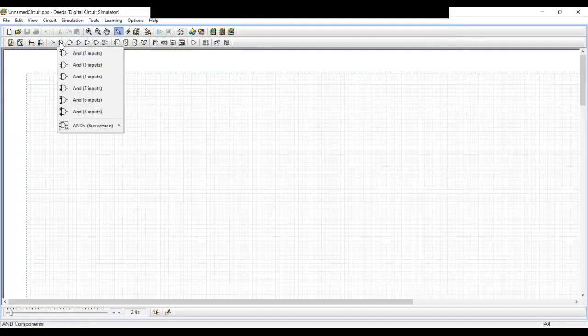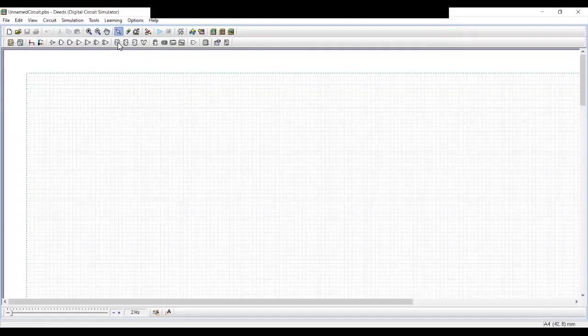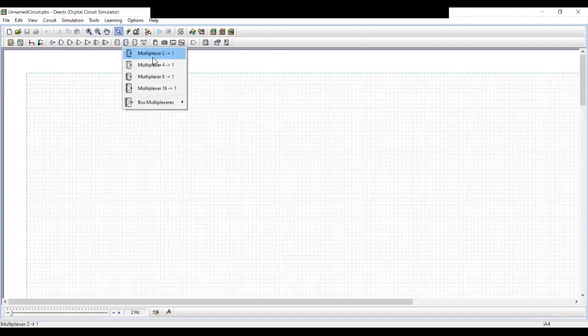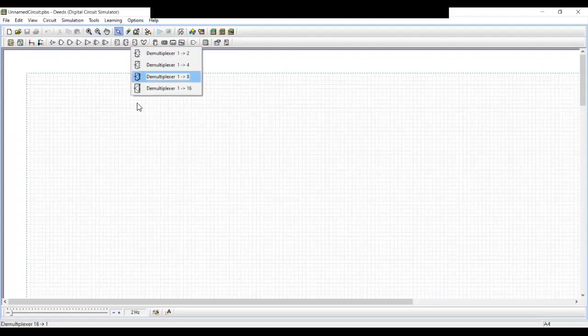Different logic gates are given. You can click on this one. For example, this shows the inverter or buffer, AND gate. You will have a variety of AND gates like 2 input, 3 input, and more. Similarly, NAND gate, NOR gate, and all basic gates are given. Decoders and encoders ready-made packages are also given like this one. You can also explore multiplexer, demultiplexer, and other logic family tools and circuits.